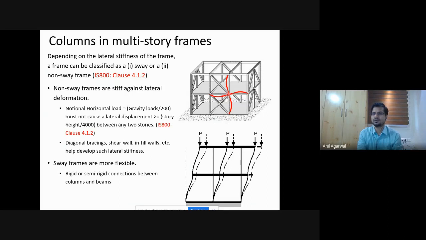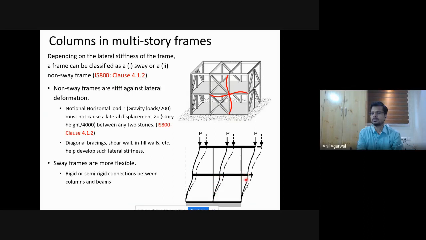Why is it called a braced frame? Because its lateral movement is restrained, almost effectively, completely restrained. And often you have to provide these braces in order to achieve that. Until you provide these very heavy diagonal braces, or a very, very heavy frame system here, this kind of lateral restraint cannot be accomplished.